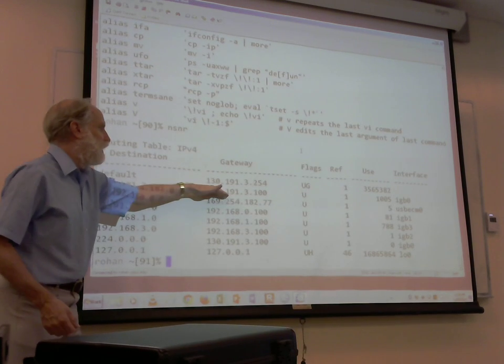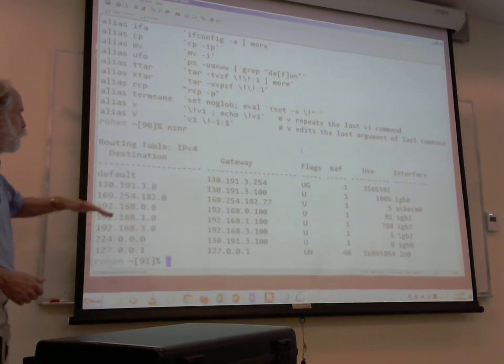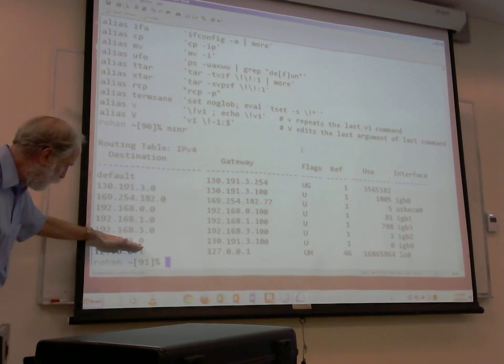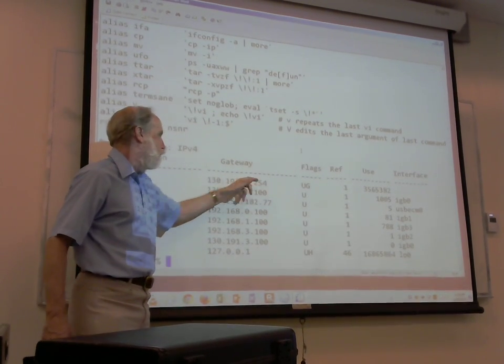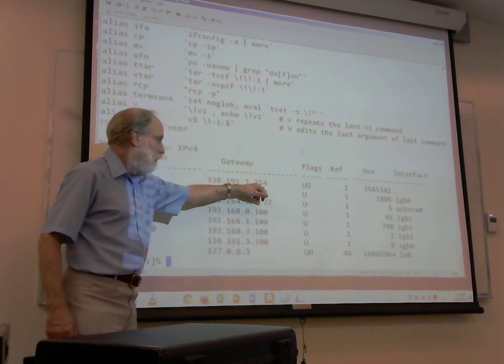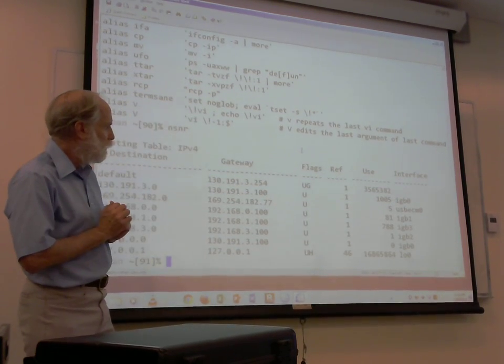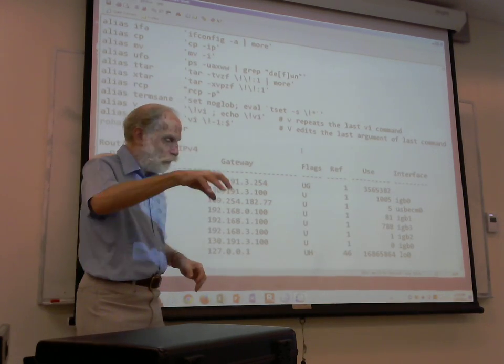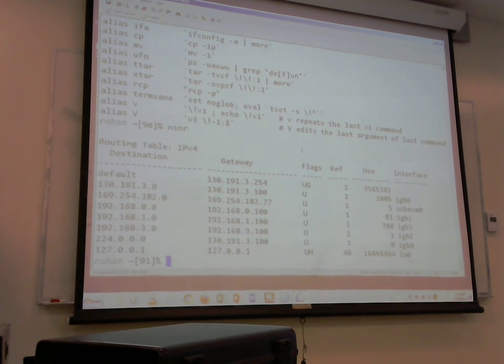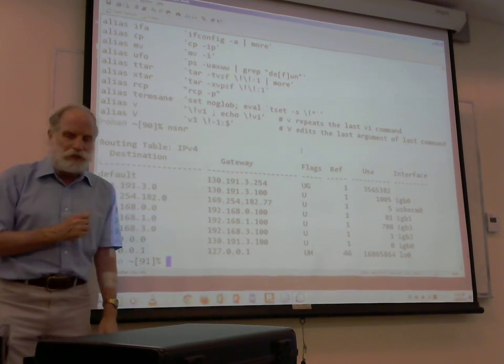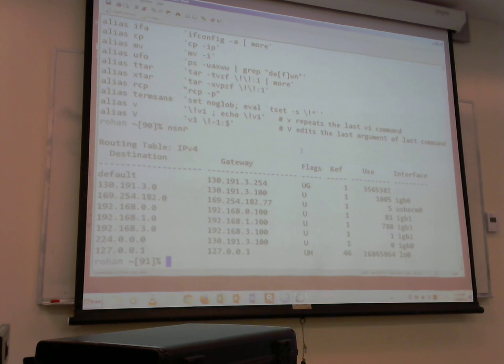And if you're on that subnet, then you send it to that particular guy. And we also have a default entry here. If you don't fit any of these other descriptions, then send it out to the campus backbone, which is this particular guy. In general, on our campus here, all of the routers for any given subnet have a .254 address. So the addresses go from 1 to 254. 255 means something special, and 0 also means something special. It means it's a subnet. Now, we haven't even begun to talk about those things yet, but just to give you a little idea of